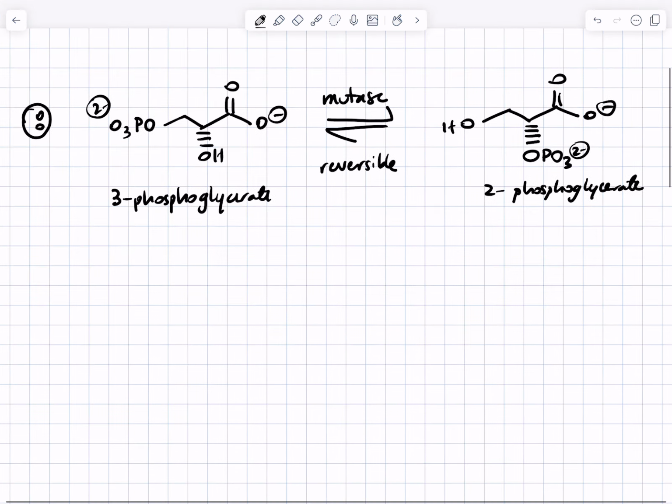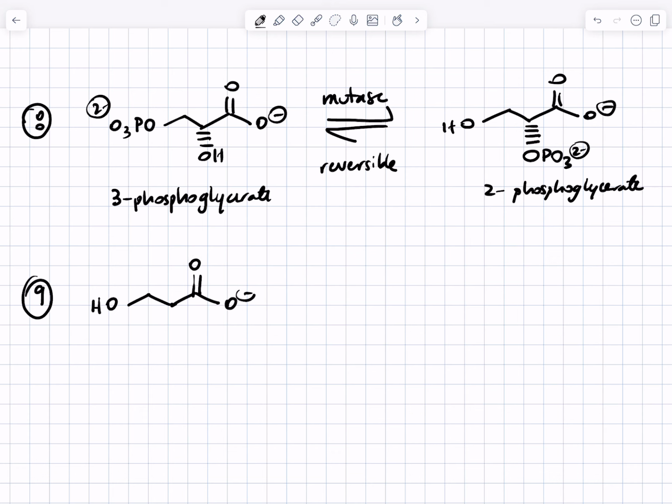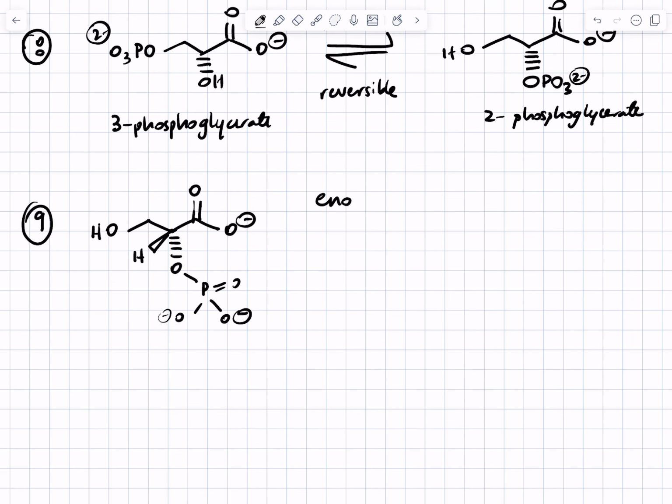The next step is also pretty easy. We will do the mechanism for this step. And this involves starting with 2-phosphoglycerate, but we're going to do an elimination reaction or a dehydration reaction to lose the OH group. So the enzyme, which is called enolase, and this reaction is reversible too, we'll use a basic side chain in the enzyme active site to deprotonate